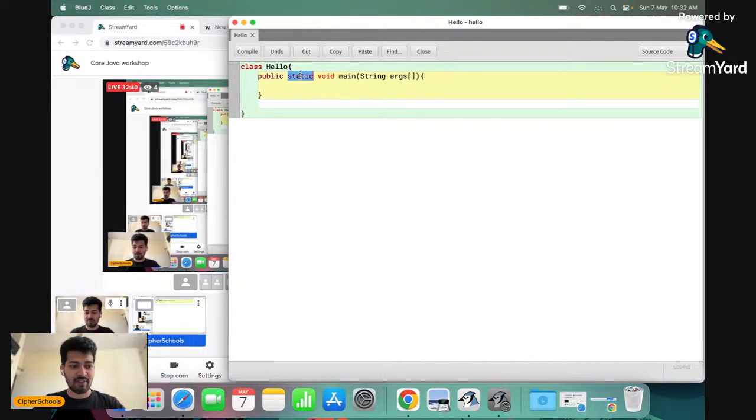But for now, because we haven't learned much about object-oriented concepts, but we have some idea that object-oriented things exist, and in object-oriented things everything is treated as an object, right? So basically static, as the definition says, means that your method main, right? Every program will have a method from where it gets executed, right?